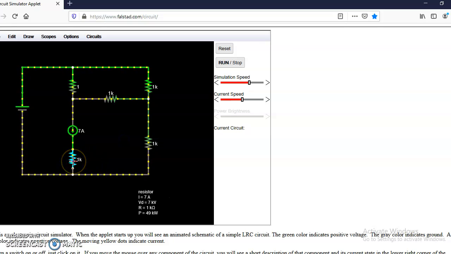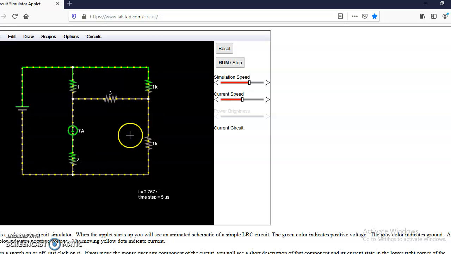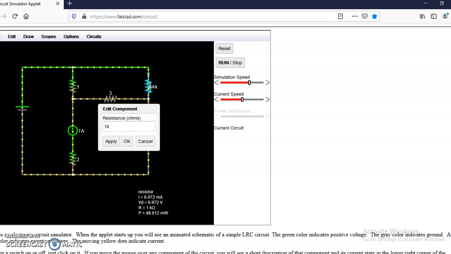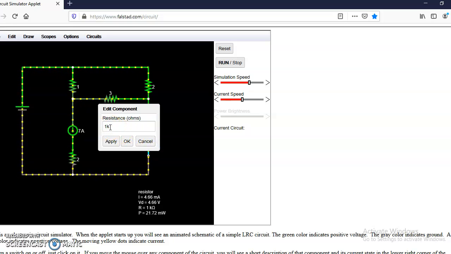Then this is 2 ohm, not 1k, it is 2 ohm, apply, okay. This is 3 ohm, apply, okay. And the next one, the value of resistance is 2 ohm, and the last one is 1 ohm.